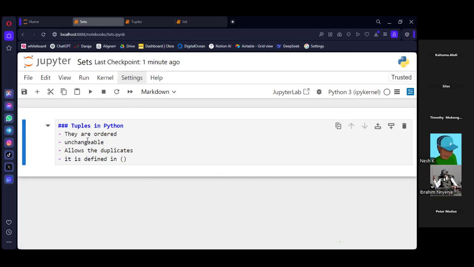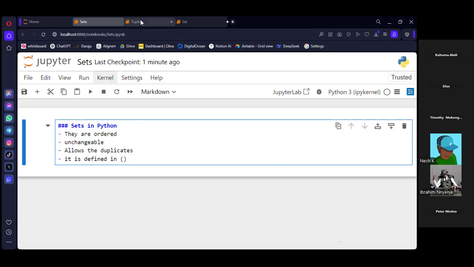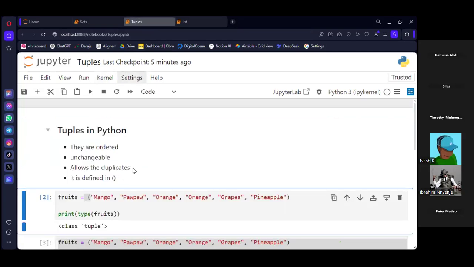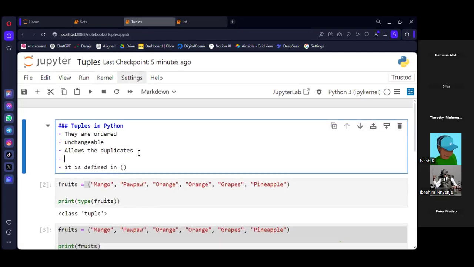But then we have other things called sets. Sets in Python, another data type that stores a collection of data, like more than one item. But then, guys, there's another thing that we need to include in all this. In Python, including the list, tuples, sets, and also the dictionary, there is another characteristic that I should include in all.